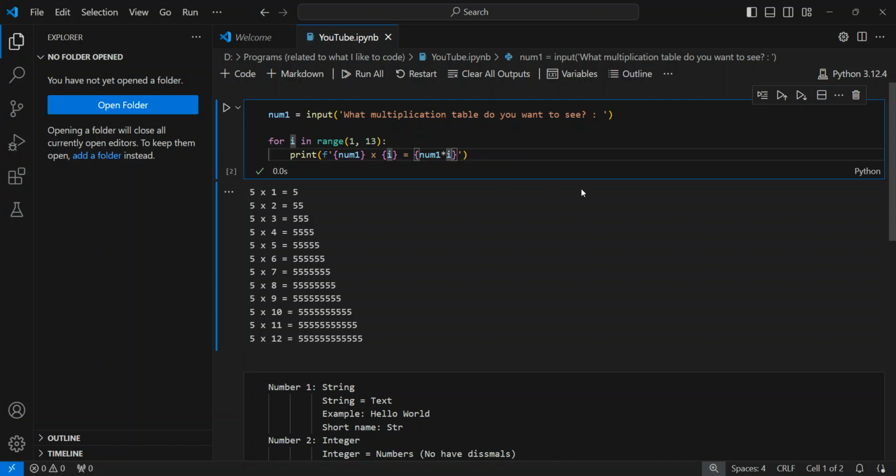And if you times a string with an integer, the answer would be the amount of that string, and the amount of that string would be the number of the integer. Okay,